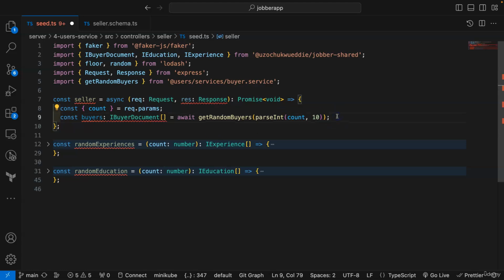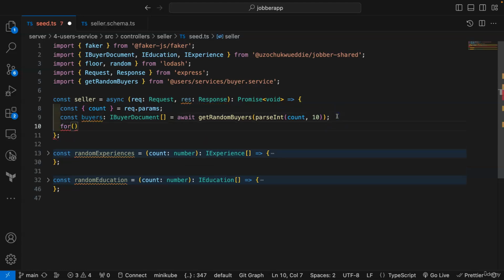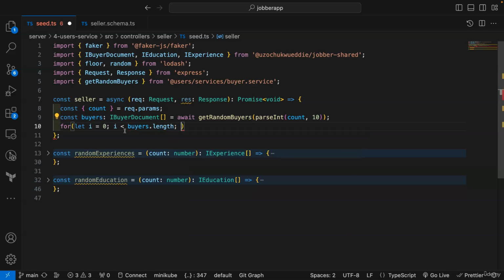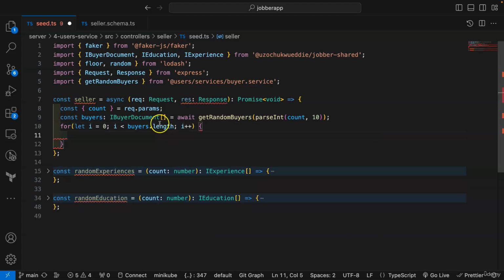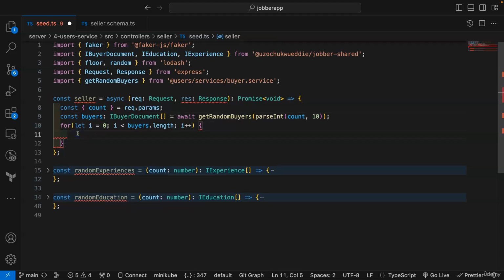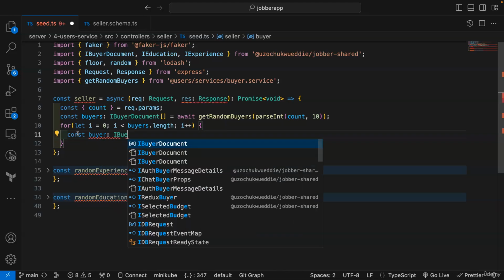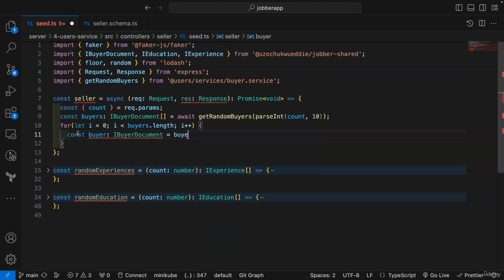Okay, now let us loop through the count, or we can loop through the bias. Okay, so I'll say let i equal to 0, i less than bias.length, and then i plus plus. Okay, so we want to loop through the bias, so whatever is returned. Okay, so if we pass in 10, this should be an array of 10 items. Okay, now I'll const buyer, so each buyer will be stored in this buyer property equals to buyers at index